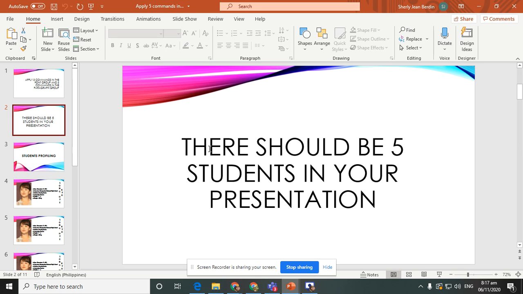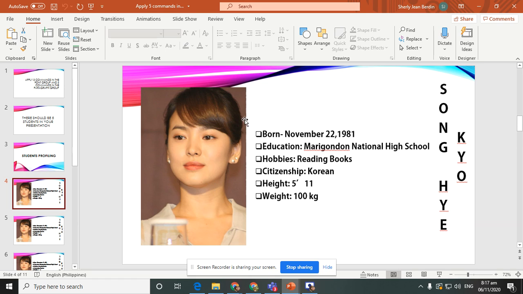But I will not allow you to use anime photos. You can use your classmate's photo or a celebrity photo that you want. All you need to do is put a picture on it, write the basic information, then apply any 5 commands from the font group and 5 commands from the paragraph group.